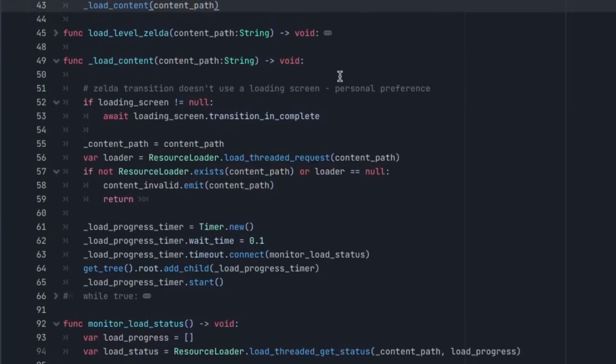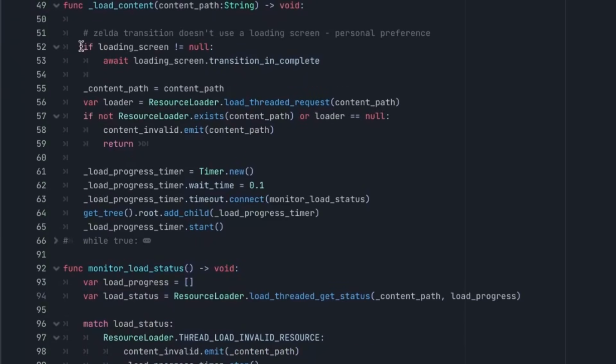It takes the content path we've been working with. It checks whether we're using the loading screen. It'll be not null if we've added it to the scene tree because we're storing it in this variable. So if we are using the loading screen, we want to wait here until that animation is played in and obscured the whole screen. If we're not,